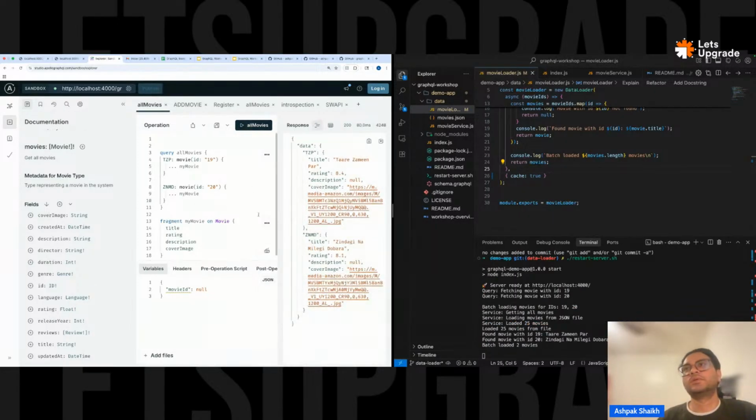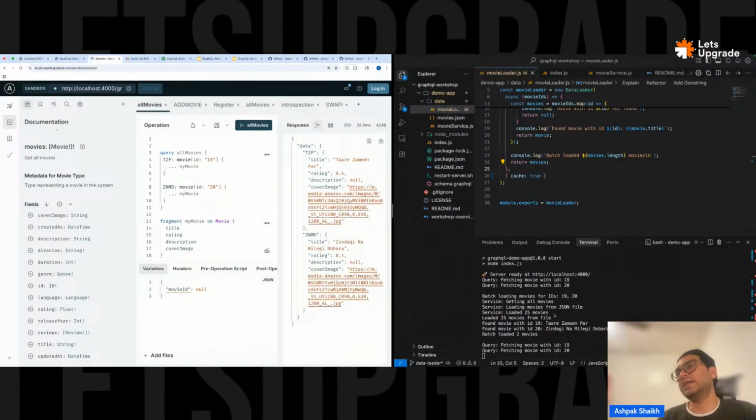So we fetch it once. The second time, I didn't have to load the file altogether. If you see, it responded with the same data, but did not actually execute the batch loader. So it caches by default. This is a very simple version of caching, but you can implement your own caching key and stuff in the